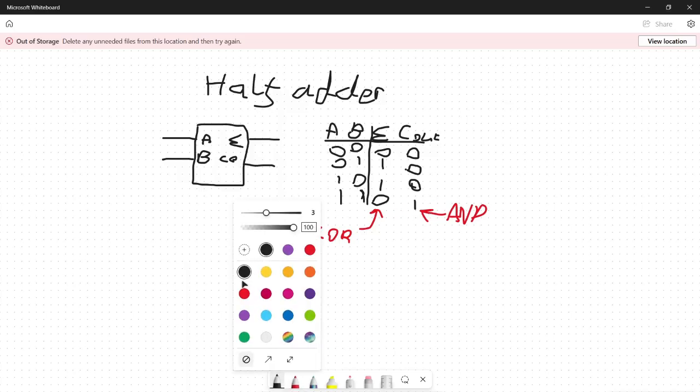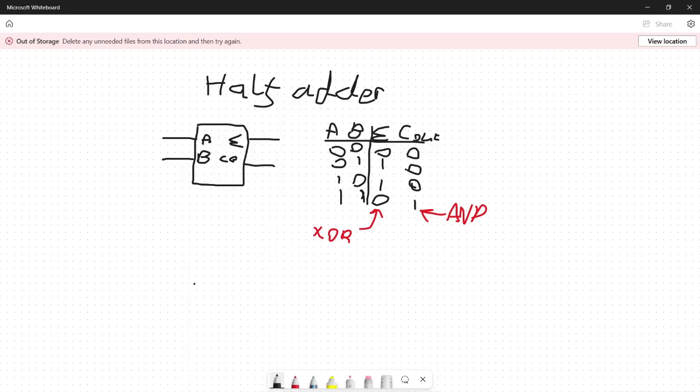So when we actually draw our circuit of this now, we will get our A line, our B line, and this will go into an exclusive OR coming out, and then our B will come down, our A will come down, and this will go into an AND. Oop, that is not very round. So this is going to give us an AND. So this will be our sum output,